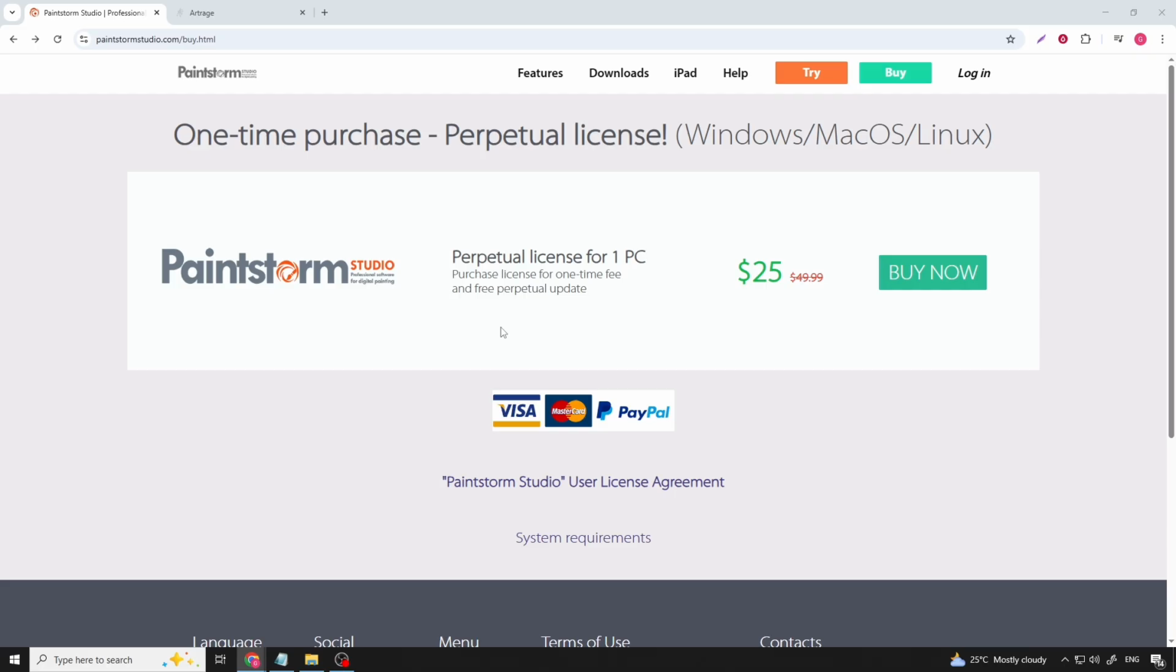PaintStorm Studio follows a one-time purchase model that appeals to artists who want ownership, predictability and long-term access without worrying about recurring charges or subscription renewals. Once you acquire it, it's yours to use indefinitely, which creates a sense of stability and independence that many painters